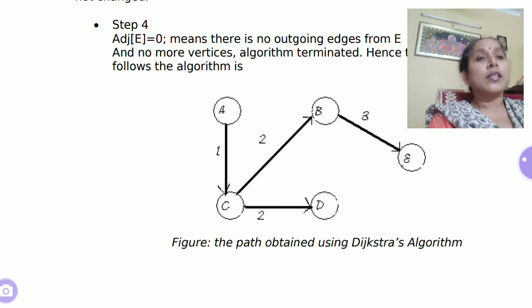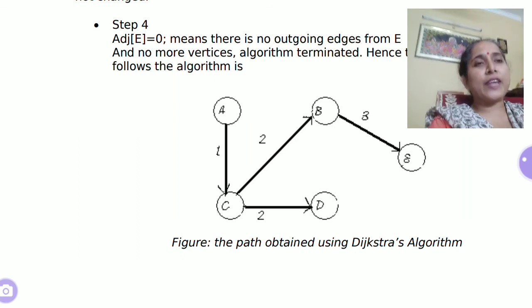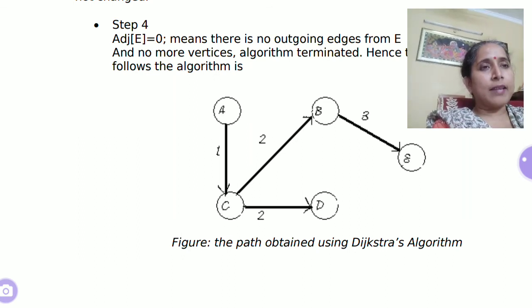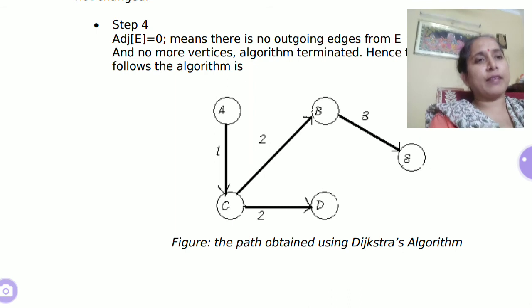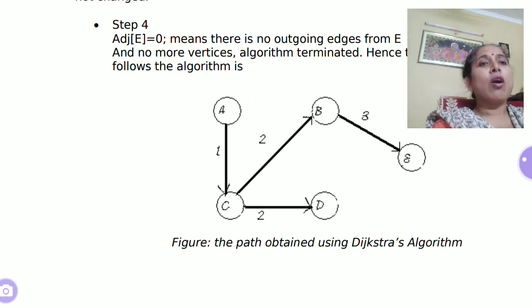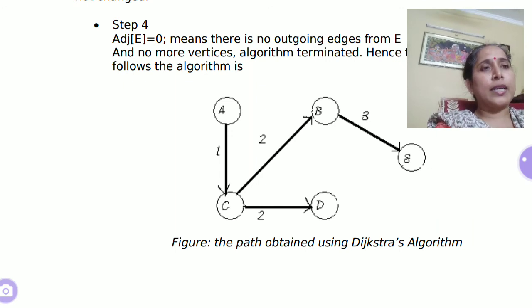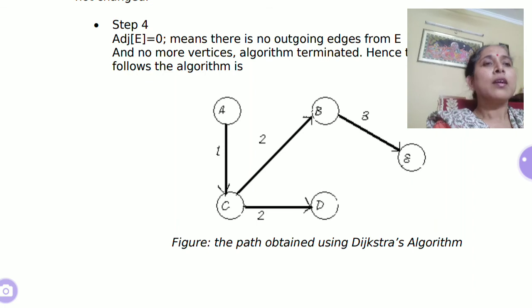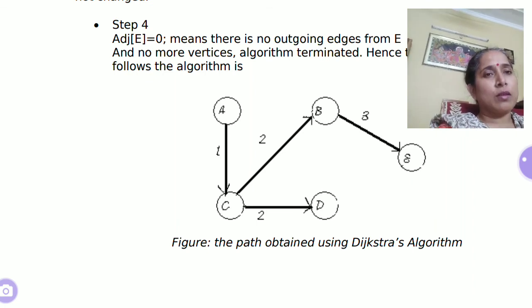I repeat, Dijkstra's algorithm finds its application in route planning. Let's say the aviation industry, or the railway industry, where new railway lines and tracks have to be laid out between certain cities, or network of wires, or networking in computer labs or in offices, or electrification of a building, or plumbing exercises.